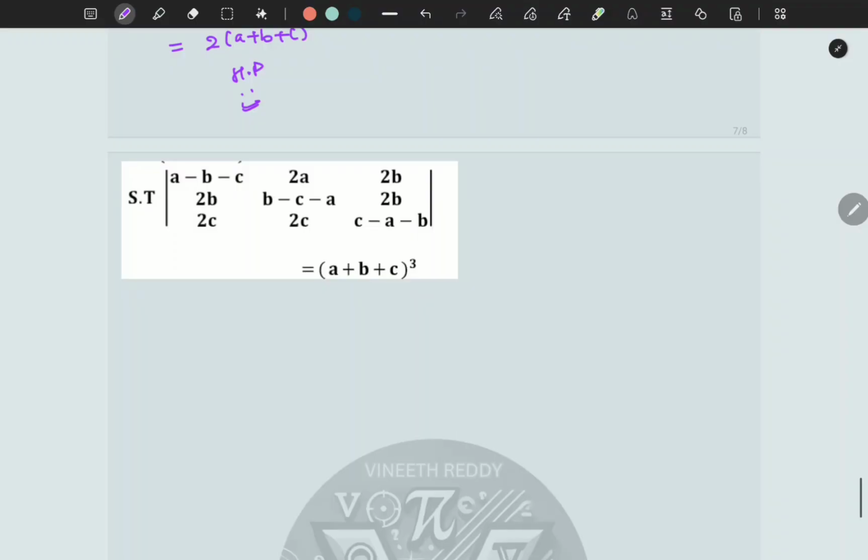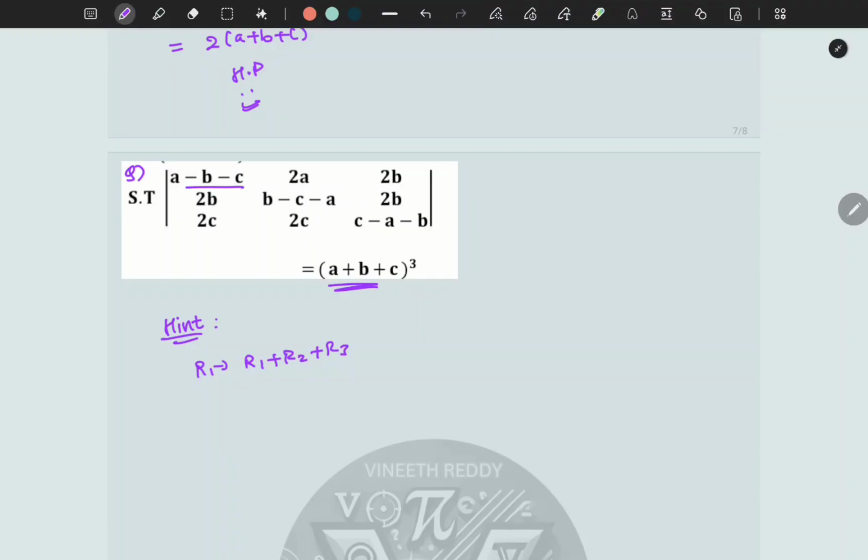That's it. Now the last question, I will give you this as a homework question, dear students. Please do solve it. We need to get a plus b plus c whole cube, right? We need to show that this is equal to a plus b plus c whole cube. So I'll give you the hint. Hint is row 1 implies row 1 plus row 2 plus row 3. The moment you do this,